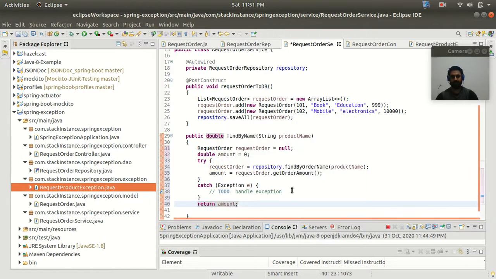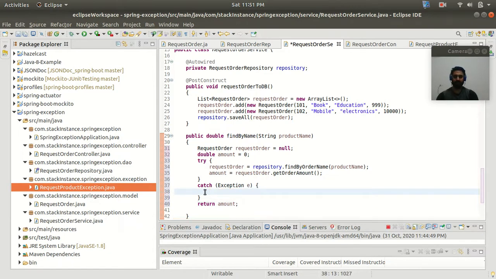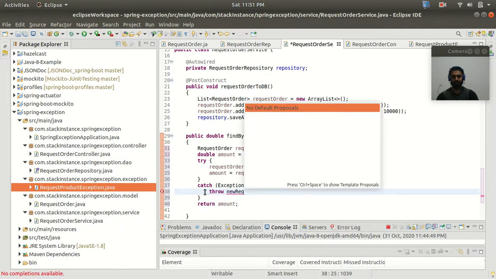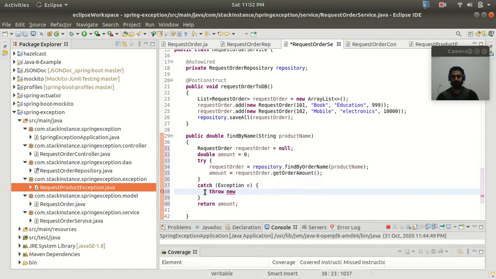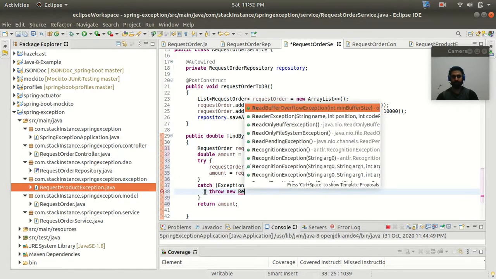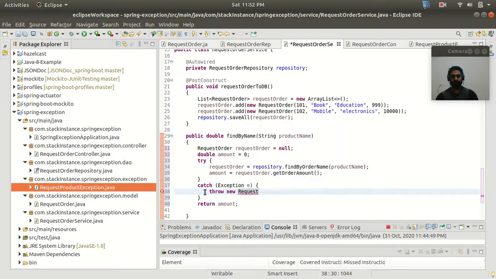Inside the catch block I am going to throw our customized exception. So here we need to create an object of my customized exception class, whose name is request product exception. So new request product exception, and here we need to pass the message.